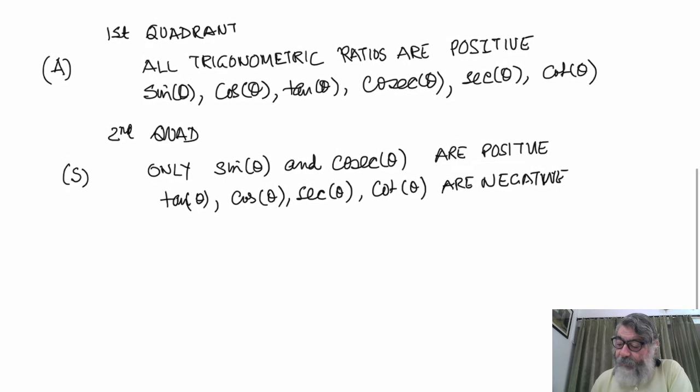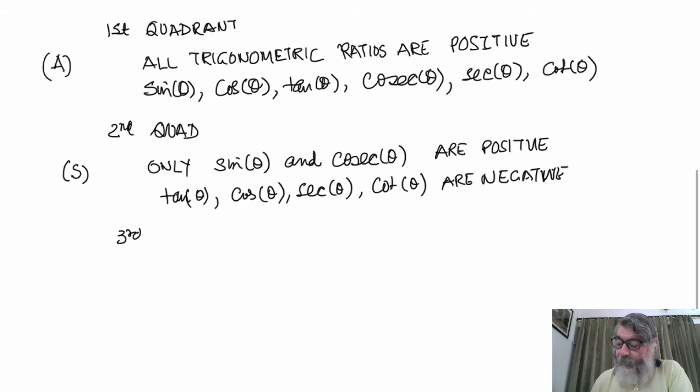In the third quadrant, let's see the third quadrant. You remember this and you remember what we did yesterday, and it will be very rare that you will not be able to understand what we are trying to talk. Yesterday we discussed in detail the angles around OX, OX dash, OY, OY dash, when we were moving in the clockwise direction and in the anti-clockwise direction. I had discussed them in degrees also and in radians. Generally we are going to use radians, but degrees are also fine, there is no problem.